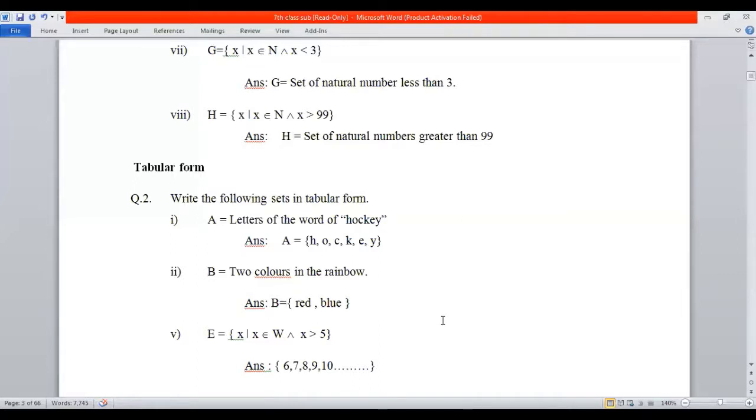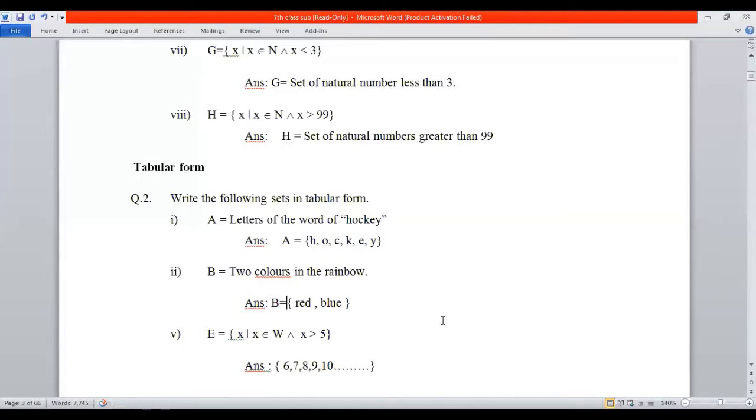So how can you write it? You will list the elements in the form of brackets. The curly bracket will start, then 3, 6, 9, 12, 15, and you separate them with commas and close the bracket, because the question is numbers less than 18 and divisible by 3. So you do it by yourself.